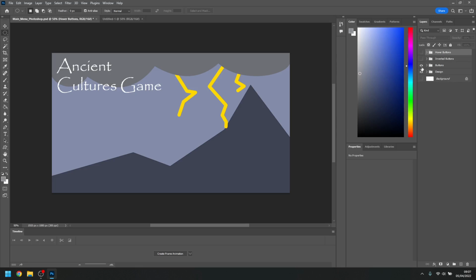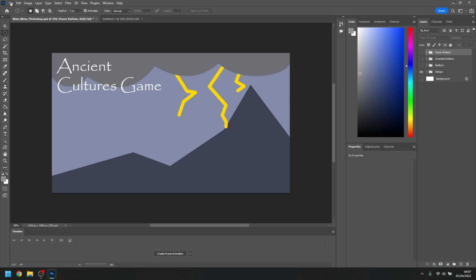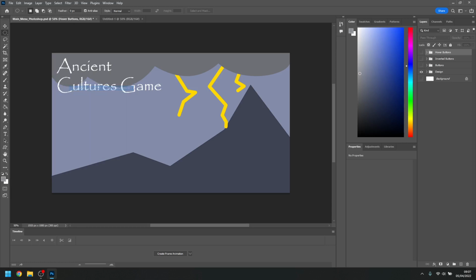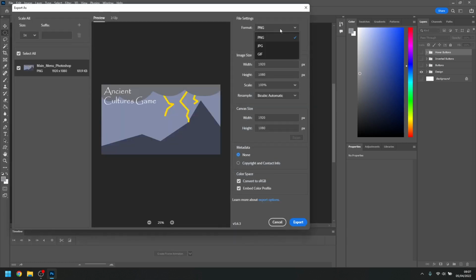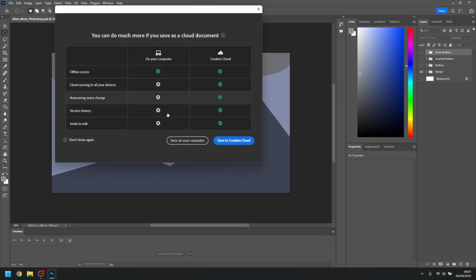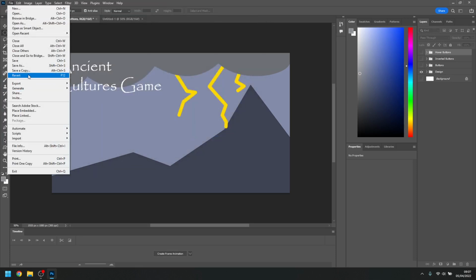So with the buttons on, we can see what the overall design is going to look like. But if we turn them off, we can save this out. So if I turn this off, you want to go to File, Export As. You can do it as a PNG. You might be better doing it as Save as a Copy,